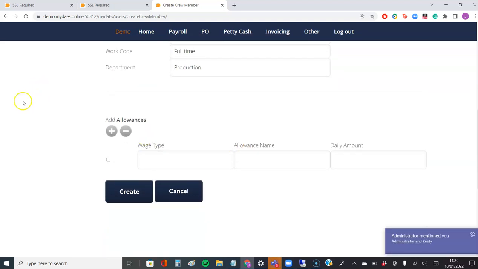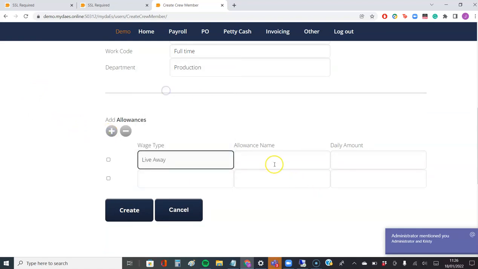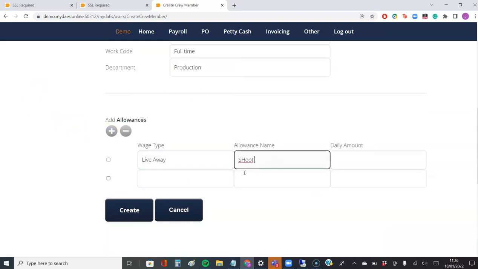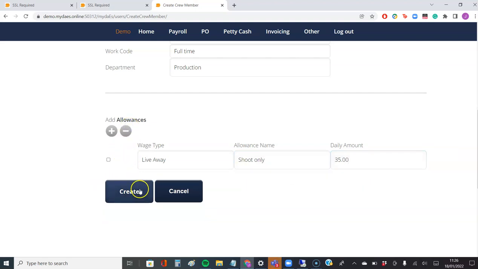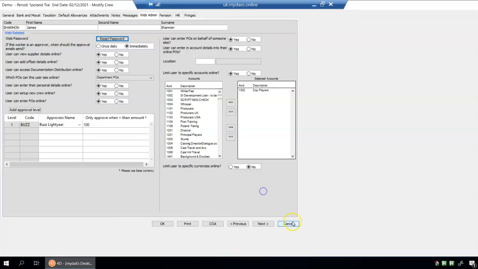I'm going to scroll on down. I'm going to add in one allowance type of live away, and I'm going to put in shoot only. I'm going to put in 35, and I'm going to remove that line, and I'm going to click create. When I click create, it would send the new starter email to the worker. And now if we look at what that looks like in Midas,